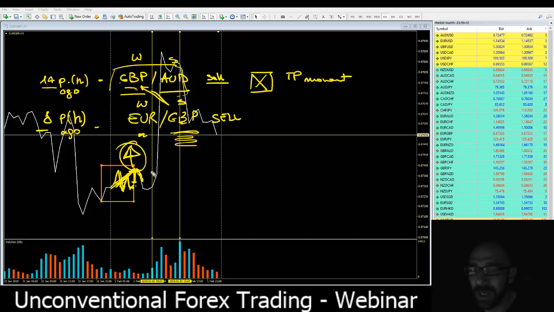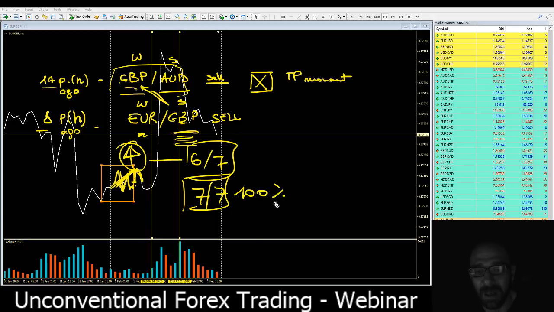So if you know this with, let's say, a probability of 6 on 7 charts, or even 7 on 7, so 100%, and this is maybe 78, whatever, let's say 70 something percent, you know for sure that you're going to buy. There's no more problem about the fact that you want to evaluate the sell the moment you see the price going down. You expect a move down, and here you start buying.